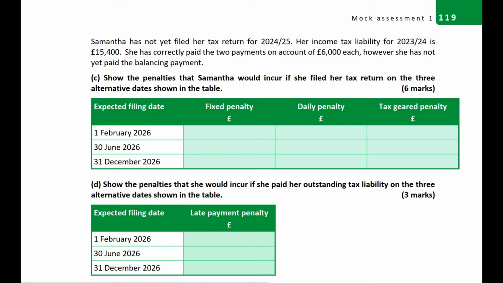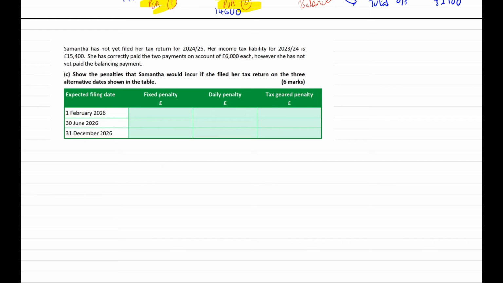Okay, I'm thinking I'm going to put that in my separate working sheet again. I've got a little more room to work. So here's a question then. So let's just have a look at it again. We're dealing here with the filing of the tax return. So the first thing I might be interested to know is when it should have been filed, because then I can work out if it's definitely late. So it's the 24-25 tax year,